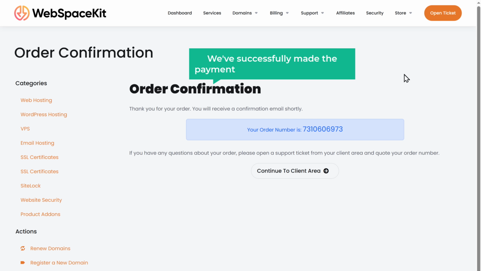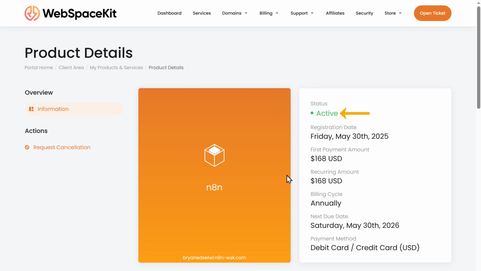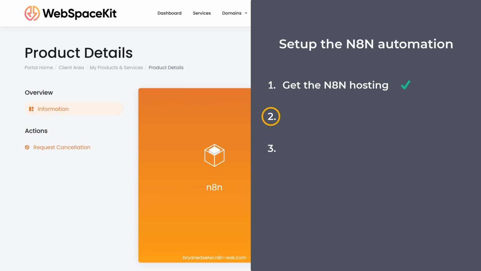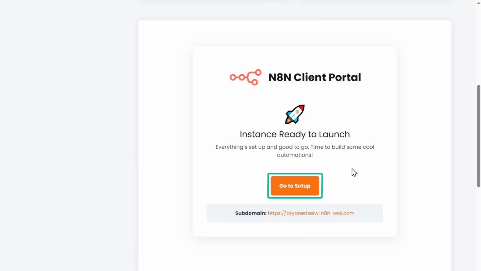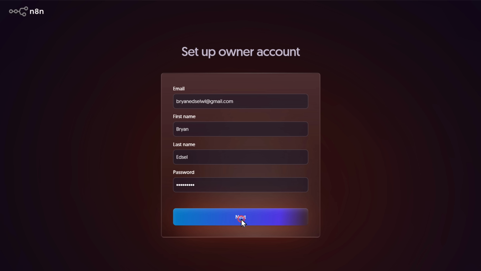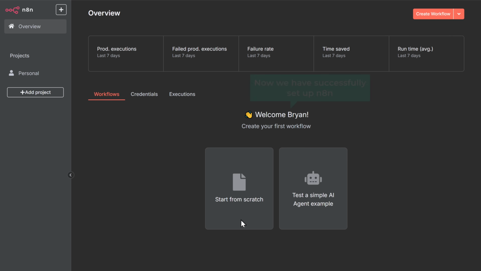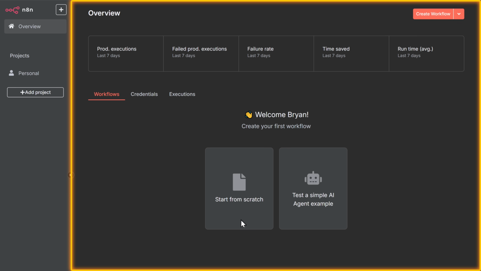So now we have successfully made the payment and got our n8n hosting. Now click here, and you can see that our plan is active. So let's go to step 2, which is to set up n8n. To set it up, just scroll down and click Go to Setup. Here, fill in the details, click Next, and it'll take you to this page. So now we have successfully set up n8n and we have reached the n8n dashboard, which means we can now